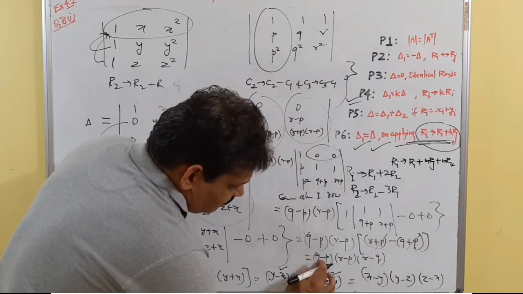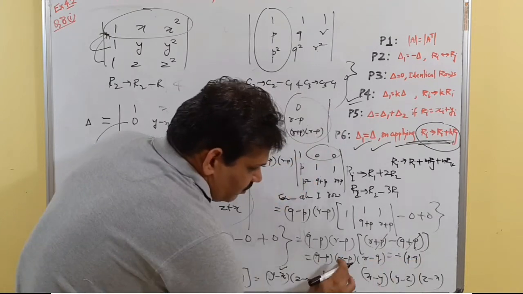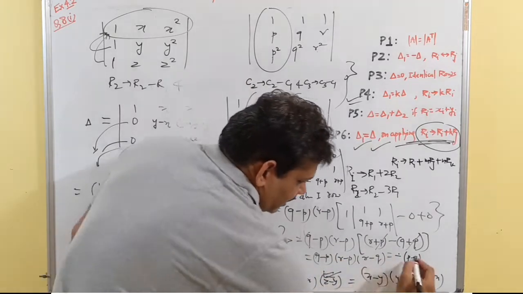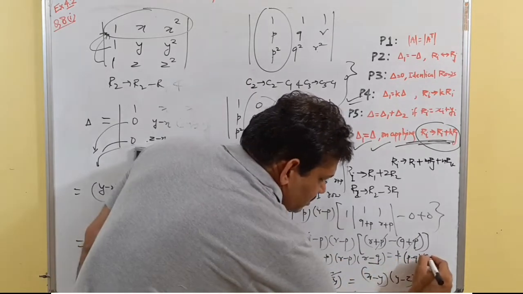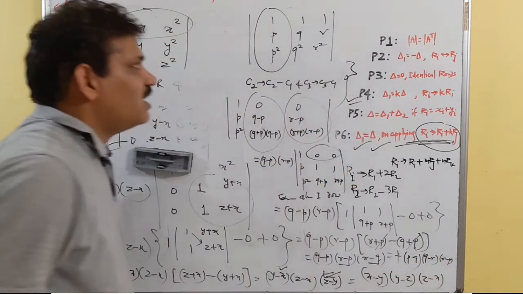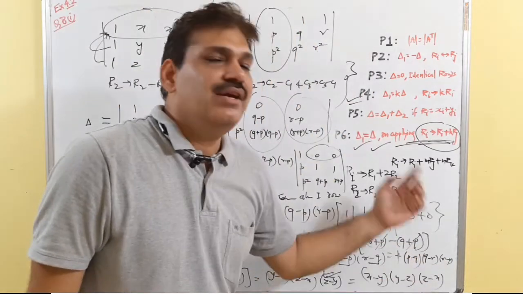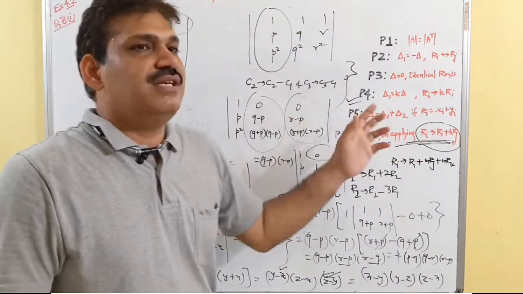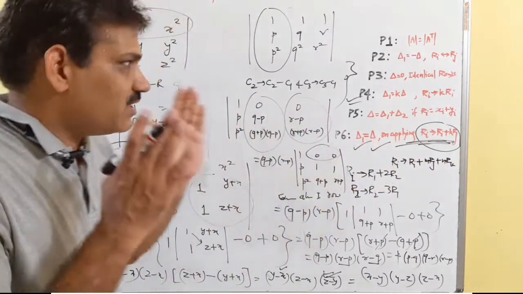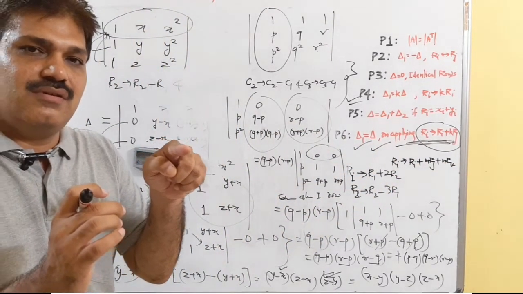Now p minus q, we take a negative sign common, so p minus q. From here we take a negative sign common as well, this gives me q minus r and this r minus p. So in cyclic order, p minus q into q minus r into r minus p, like a minus b into b minus c into c minus a. So practice this question first so that we can understand the concept.